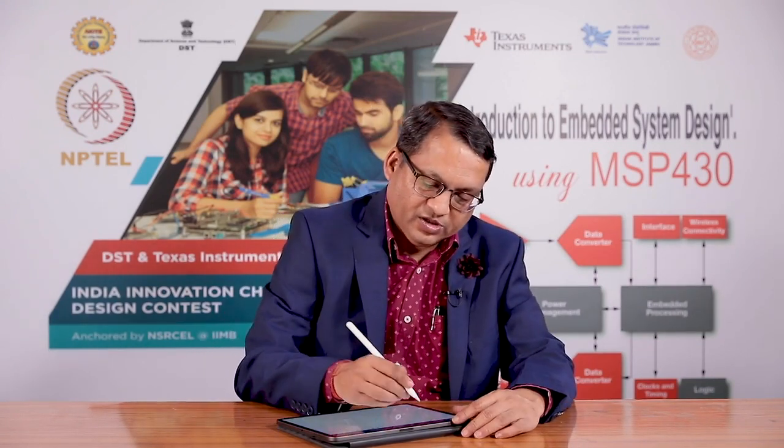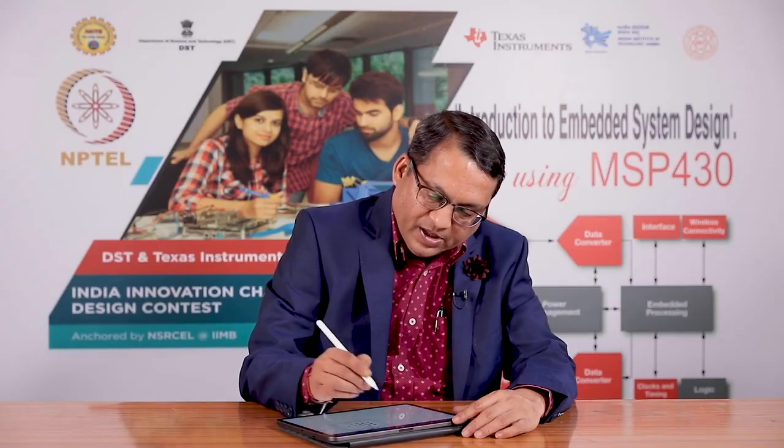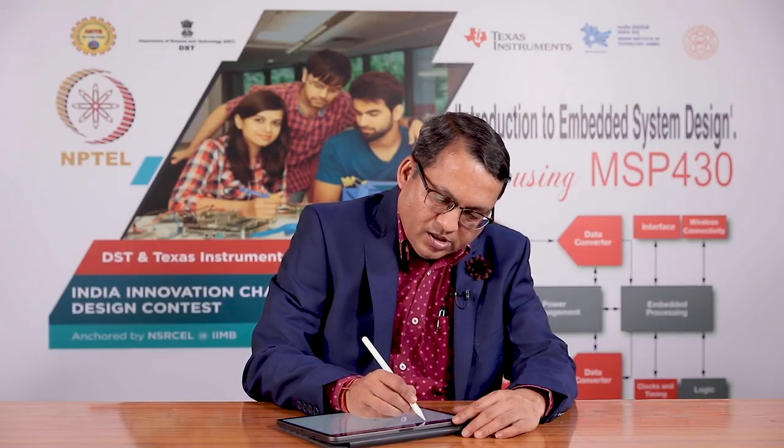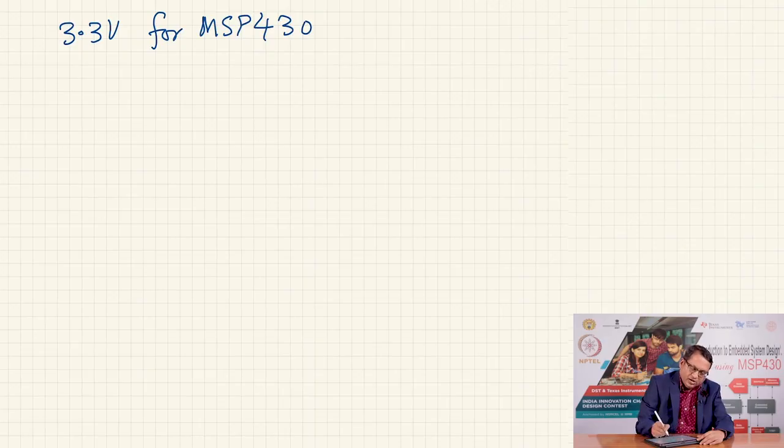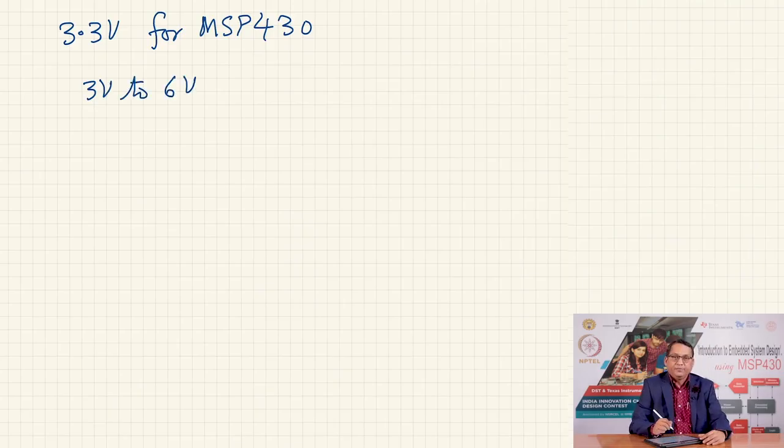For example, for MSP430, the expected supply voltage is 3.3 volts typically, whereas for AVR microcontroller, it offers a wider range, anywhere between 3 volts to 6 volts they can operate, and therefore it becomes your responsibility as a designer to provide a smooth DC voltage of this or this value so that your microcontroller can